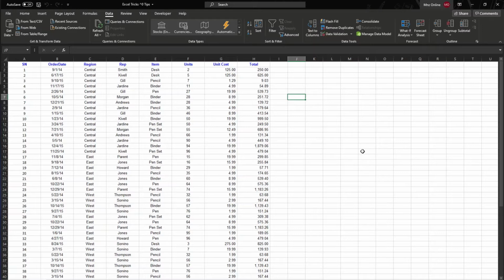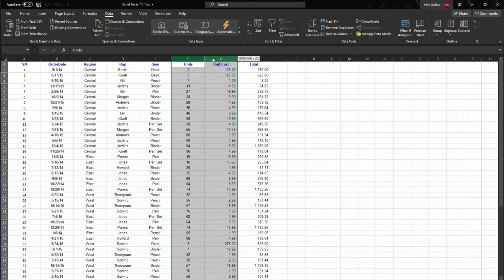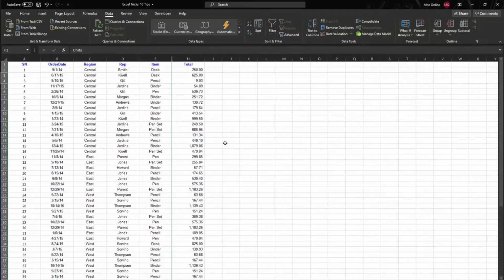In this section, we are going to learn how to do grouping of columns or rows in an Excel report. Consider that you want to send this report to your manager, but you don't want to show him how many units you have sold or what the unit cost is. You can simply do that by selecting these two columns, right clicking and hiding, right? But I would say that's not professional.